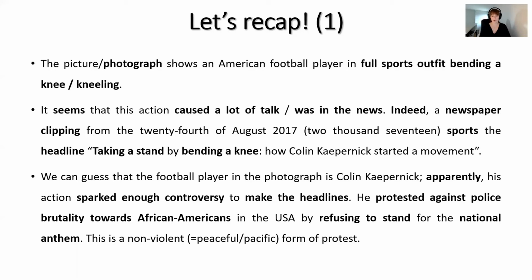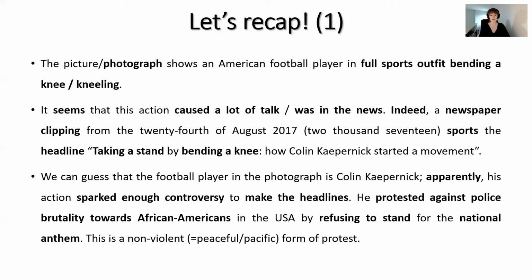He protested against police brutality towards African Americans in the US by refusing to stand for the national anthem. Il protestait contre la brutalité de la police, contre les violences policières envers les Africains-Américains, les Afro-Américains aux États-Unis en refusant de se lever, en refusant de se mettre debout pour l'hymne